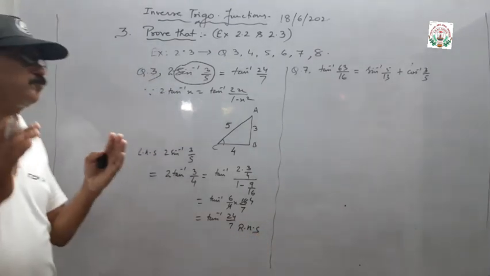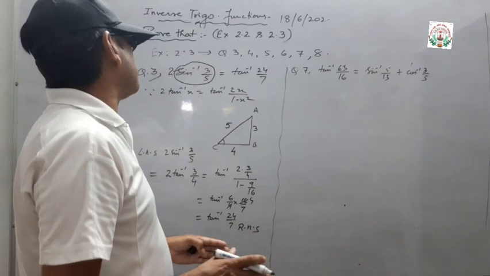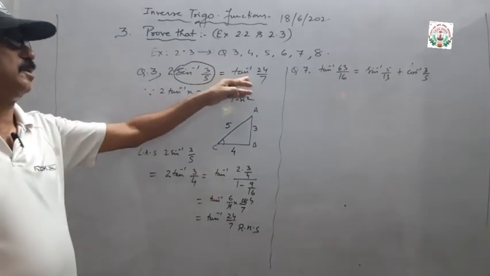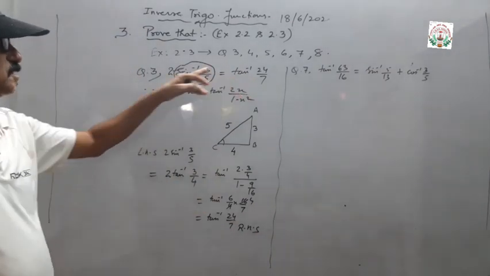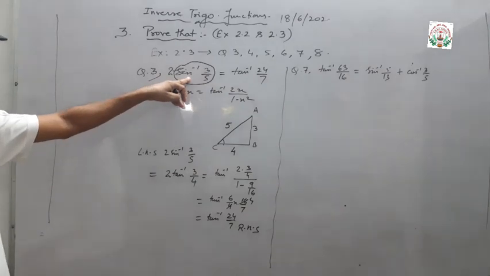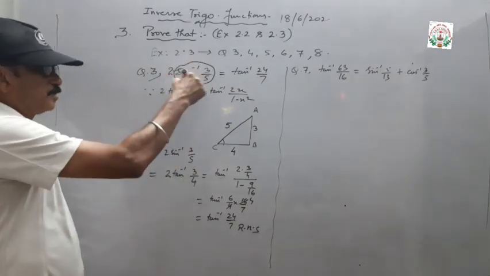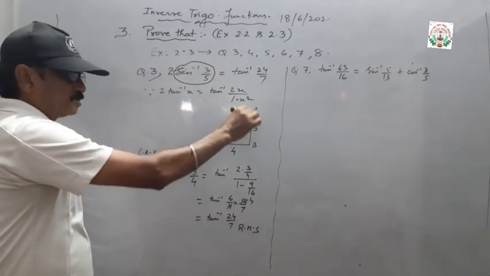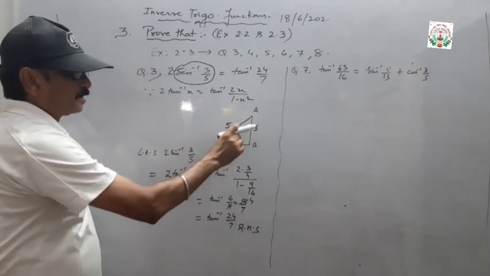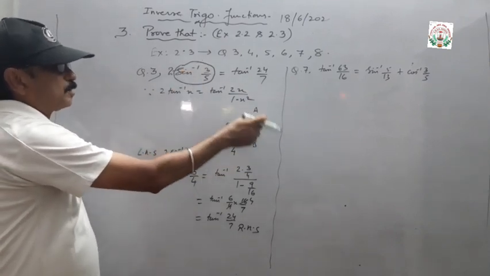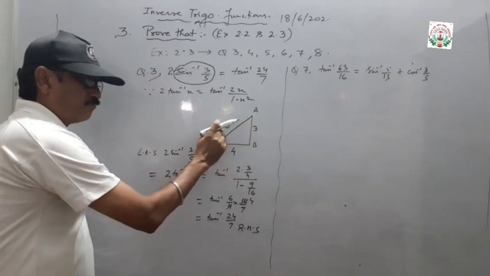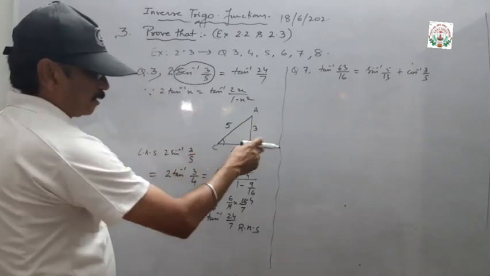So once again I am going to explain about the conversion property. As the right side we have to bring the function tan inverse x, but in the LHS we are having sine inverse. So this sine inverse we are going to convert with the help of this Pythagoras theorem of right angle triangle. Sine inverse is perpendicular upon hypotenuse, so 3 by 5, and Pythagoras theorem अप्लाई करेंगे तो